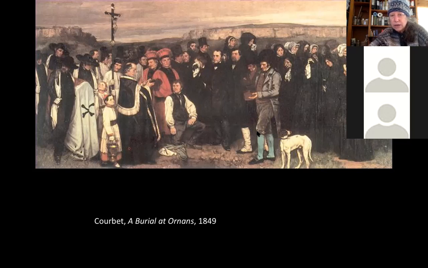Okay, so let's just sort of break down this painting and see what's going on here. All right, because it took me a while to figure out. It's not necessarily obvious if you're not from Ornans or from the 19th century. So there's a hole here. That's the grave. This is the grave digger. And actually, he's pulled out a skull, which is somewhere over here. I can't see it very well, but there's a great video that you really should watch in the content that zooms in on the details of this huge painting.